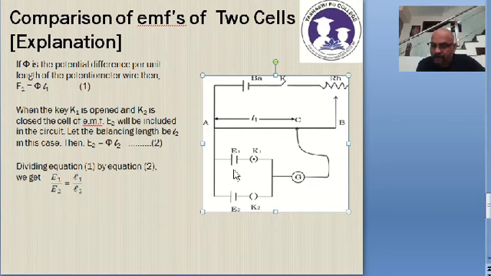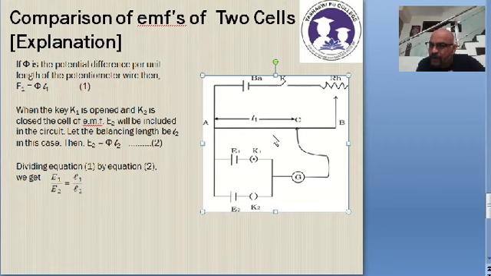Suppose, for example, the battery provides 10 volts. Please listen properly. If the battery provides 10 volts, all the 10 volts is dropped between A and B. And here just imagine that E1 is 5 volts. If E1 is 5 volts, this is giving the current in the negative direction. Therefore, you have 10 volts here, and if you want 5 volts here, you have to bring the point C exactly to the center.